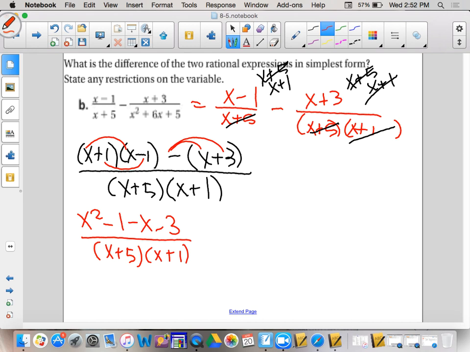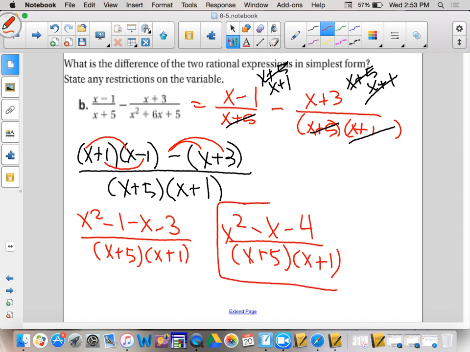Can I combine anything? Can x squared minus x minus 4 be reduced? No, it cannot. So that is my answer with restrictions of